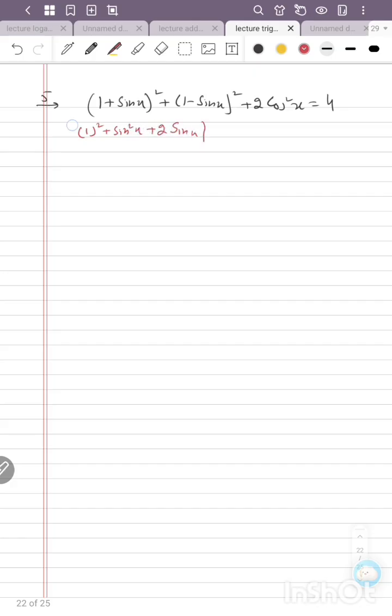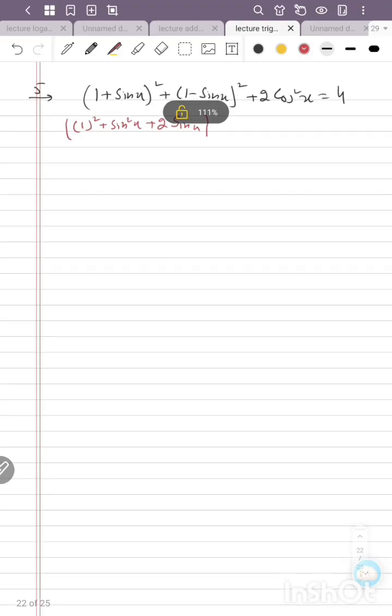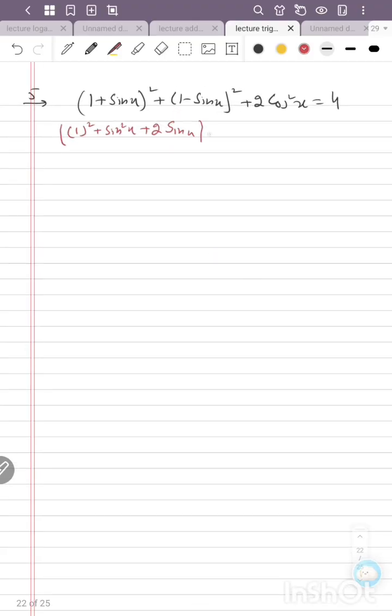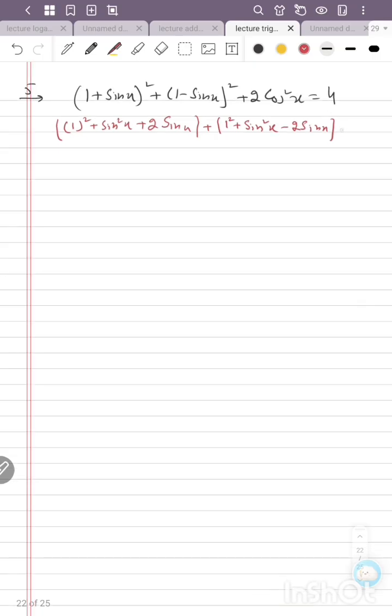Okay, now the next one is plus 1 minus sin x squared: 1 square plus sin square x minus 2 sin x. Okay, now we have plus 2